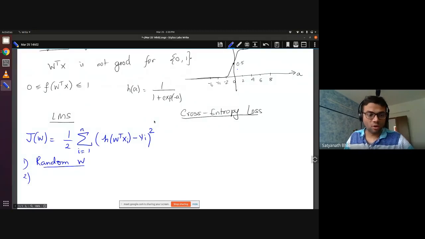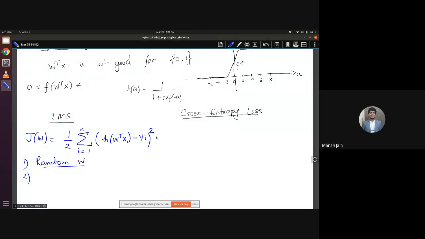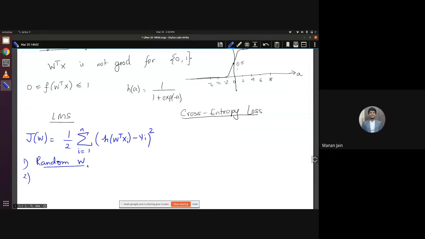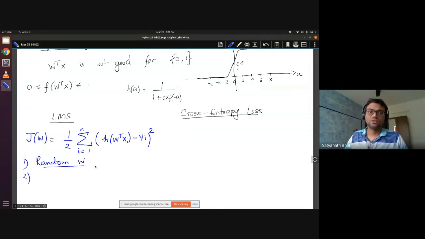So Manan, have you taken optimization? Yes, sir. So how do you minimize a function? Okay, so we differentiate the function. Yeah, so you can do that way. You can differentiate the function, but unfortunately, this e power thing doesn't have a closed form. So you cannot get a single shot answer like the way you got in regression. So what will you use instead?